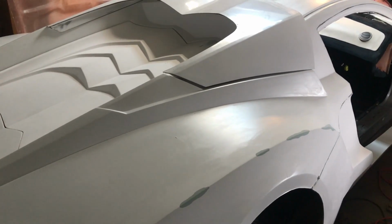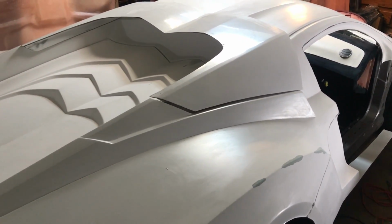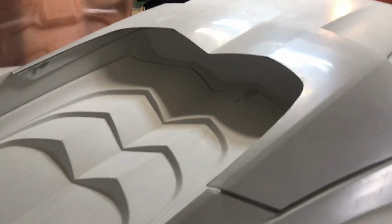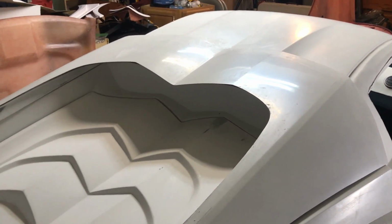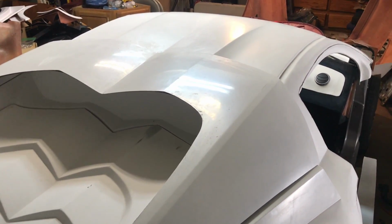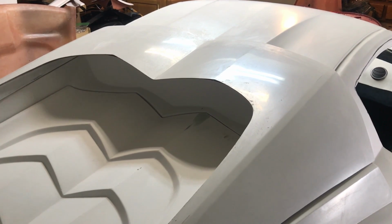Since I'm waiting for the roll cage to be welded or bolted in, whatever I need to do, I'm going to start working on a little bit of the bodywork, nothing major, just some of the removable parts need touched up here and there. So I'm going to start working on that, just so I can put it all together. It'll go a little bit quicker, and I don't know if I'm going to put that in this video or next, but if not,